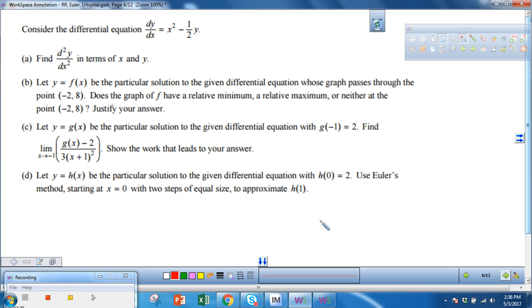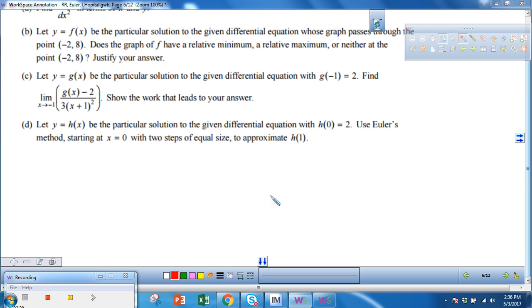Okay, the next one we're going to use L'Hopital. So here's, I love this question because there's so many things coming into play. The first thing you need to do before using L'Hopital, you have to prove that you can use L'Hopital. So you have to say the limit as x approaches negative 1 of g of x minus 2 over 3x plus 1 squared. You have to say somehow that gave you 0 over 0, which was